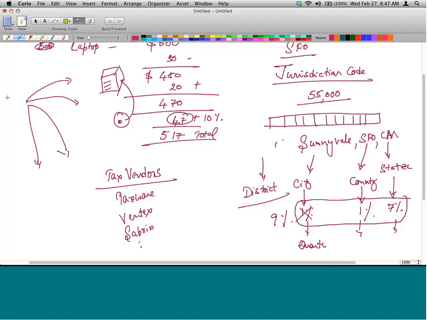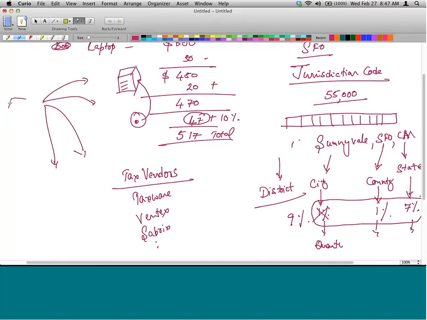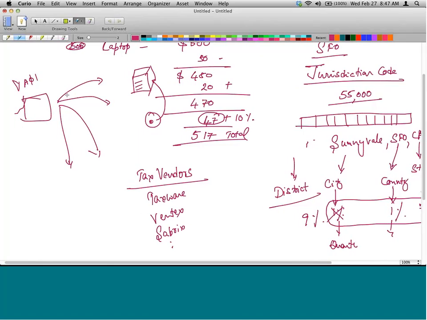But when you create a sales order in VA01, SAP has to contact this server and get the latest tax information and come back and charge the tax. How does it do that? It has to do it on the fly, online, while creating this order. Can it be done? Yes. And that can be done using